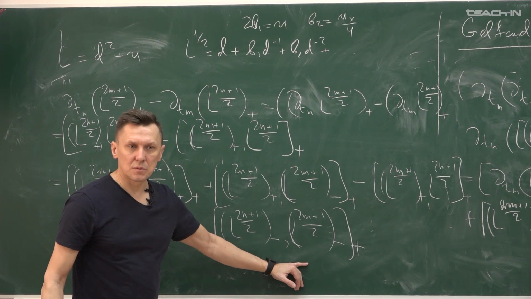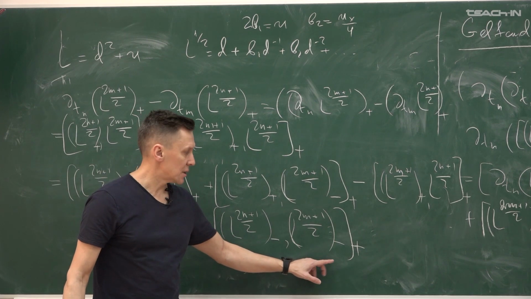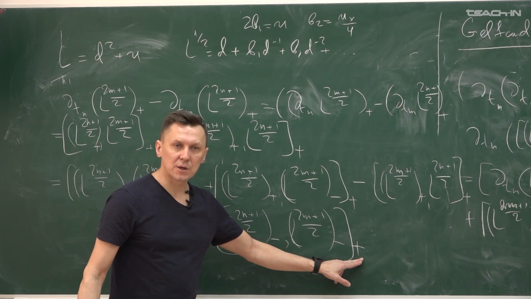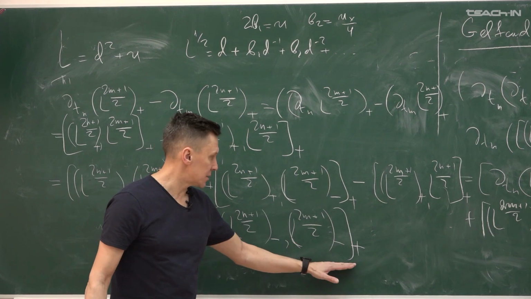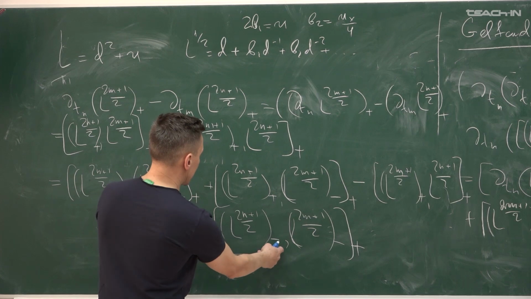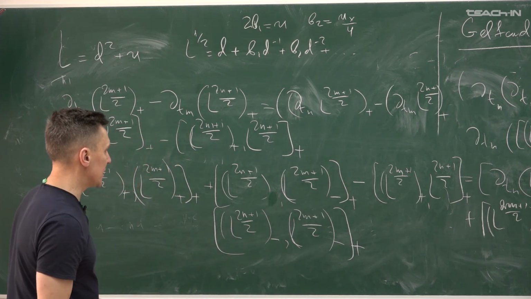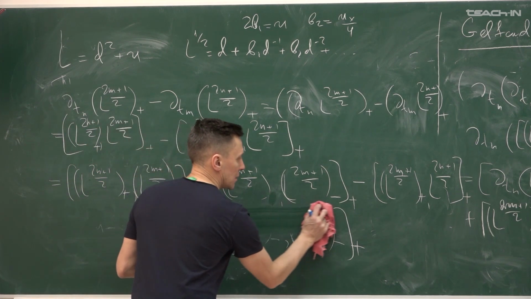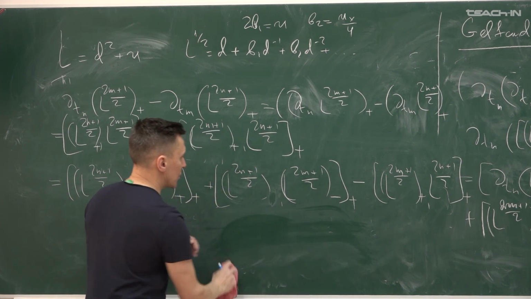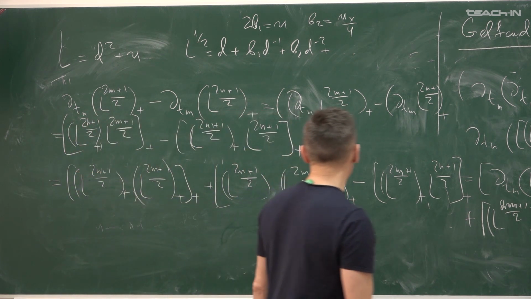This is 0 because it's a commutator of negative parts of operators, and we get the non-negative part of the commutator. This is 0. So I can just add this to this form, and then I can subtract this plus, because of the sum of the positive and negative parts of this. And here